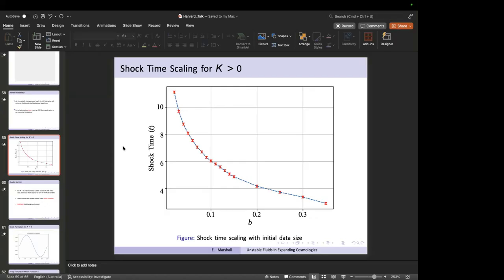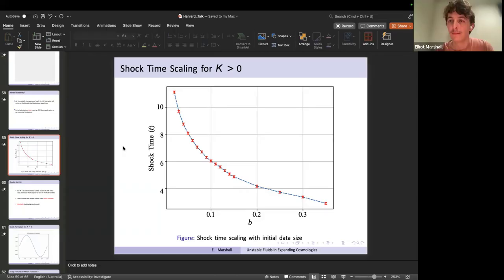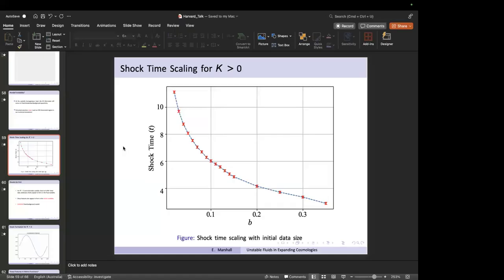I think he gives some estimate, if I'm not wrong, that the shock formation time goes like e to the some constant divided by the initial data size, with some dimensional factor. So there is some estimate, I think, which comes from energy estimates of nonlinear, quasi-linear wave equations. I hope it's exponential. Yeah, it's exponential. I remember seeing that, and this is very interesting. You see that in numerics, wow. Yeah, in the numerical simulation, interesting.